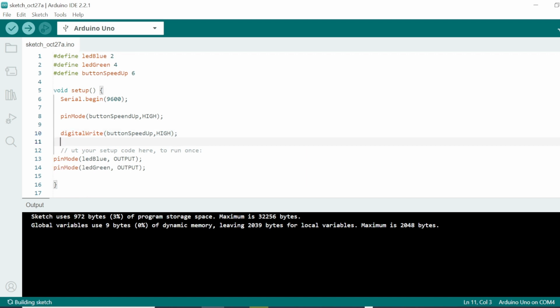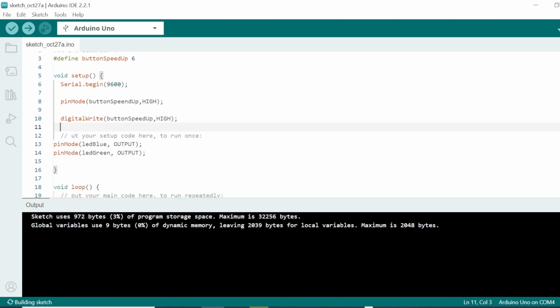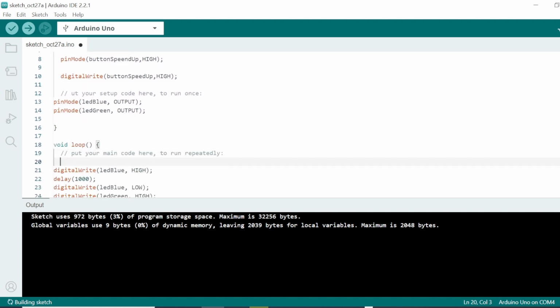And then in here, in the method loop, we add the type integer, is button speed pressed, digitalRead button speed up.